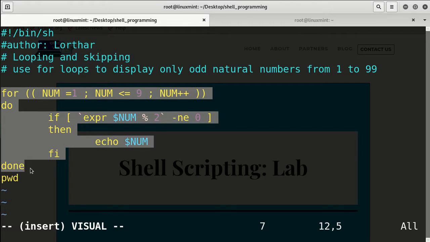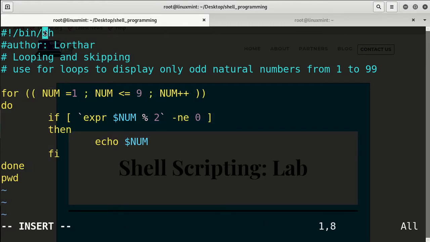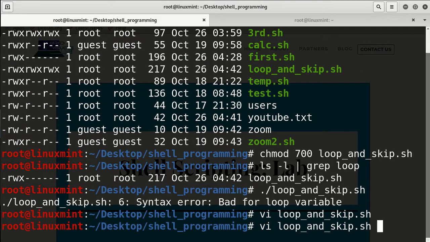So in order for it to be executed properly, we'll use bash. So this is our hash, and then we're emphasizing which shell to use, and we call it the shebang. So now we're just going to quickly save this and execute.